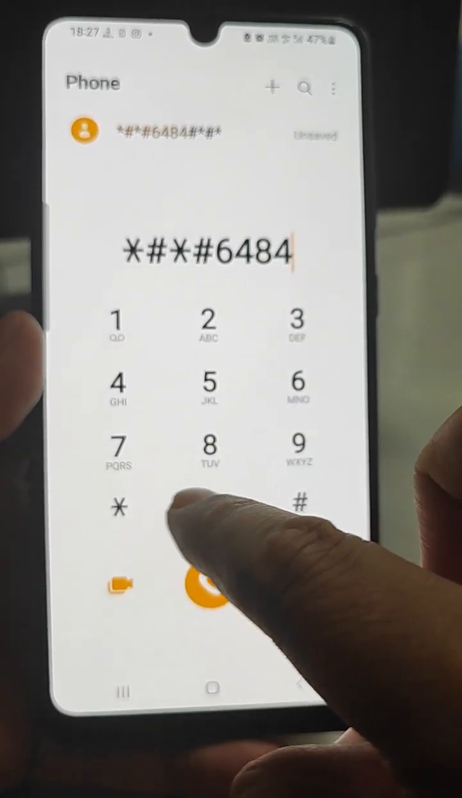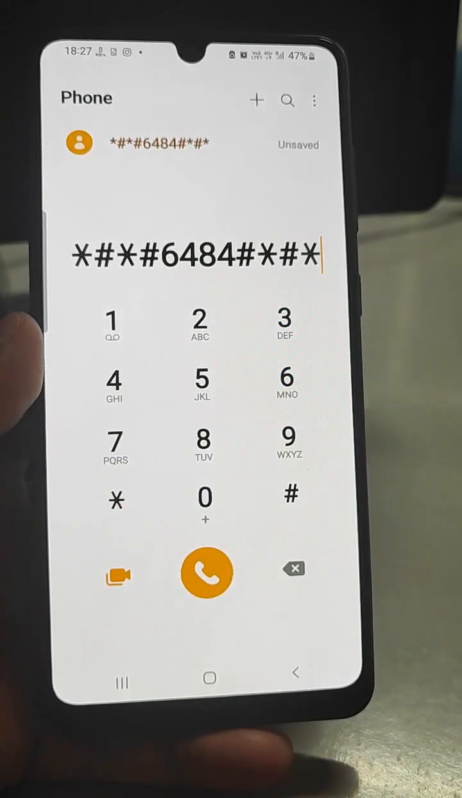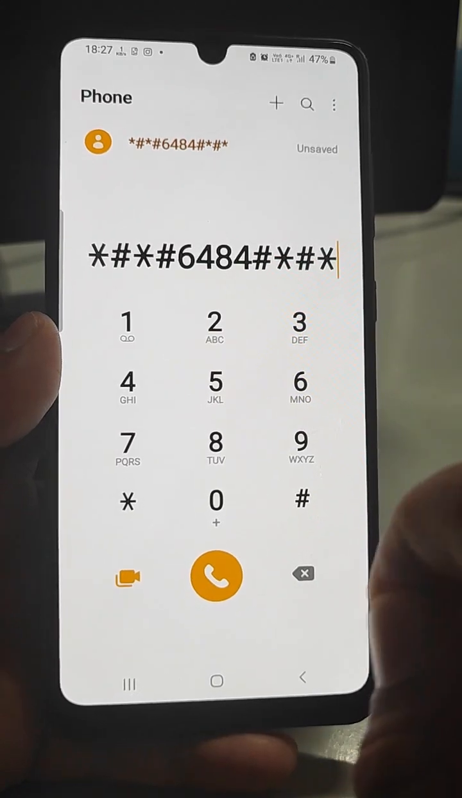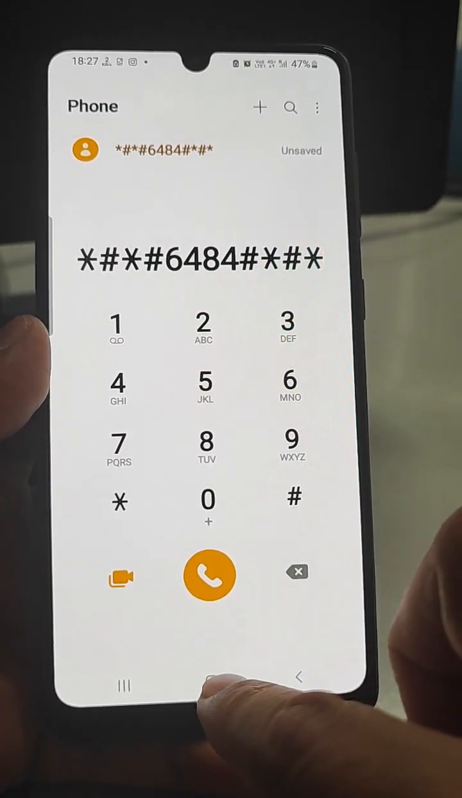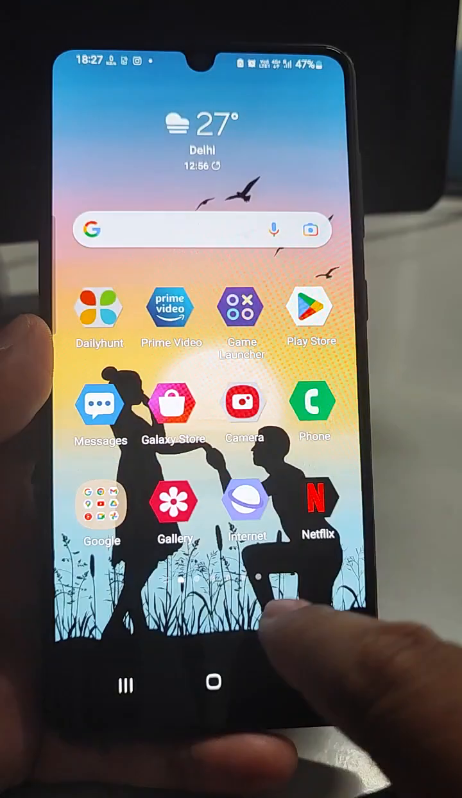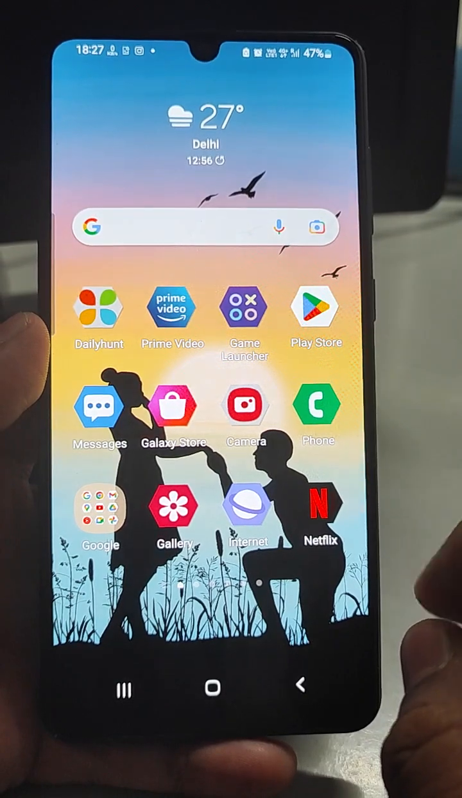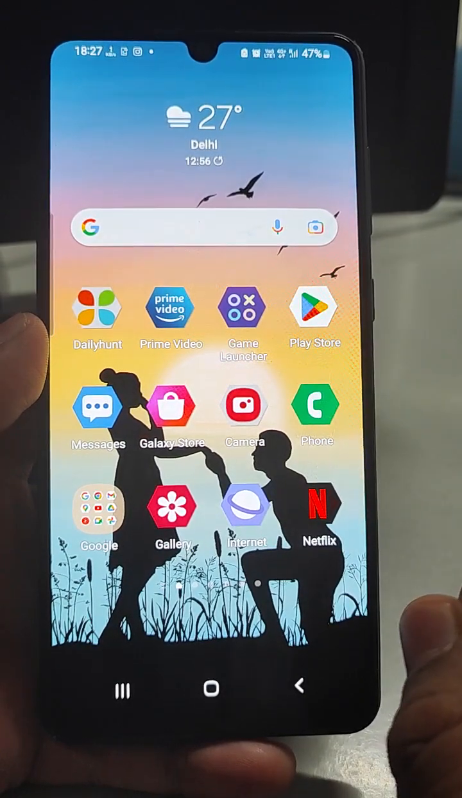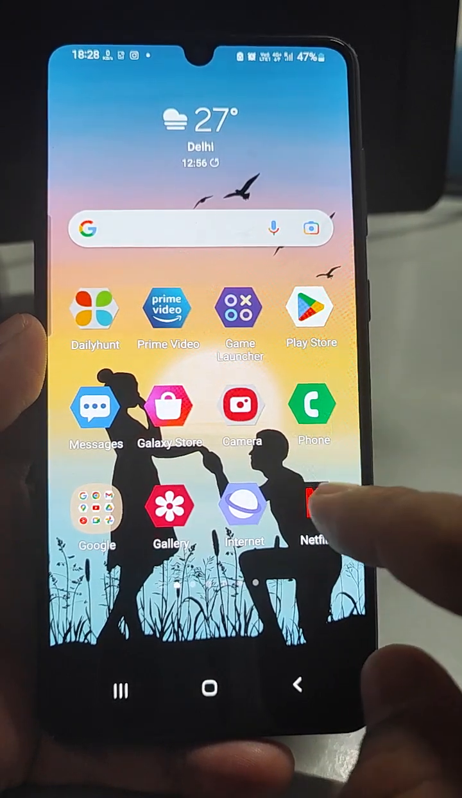6484 ##. As soon as you press the hash, the screen will come, and you can test the speakers just like you did in this phone. If the speaker is not giving sound, then you need to go to the shopkeeper for rectifying the issue. But if the sound is coming just like we heard in the Samsung A31 mobile, then